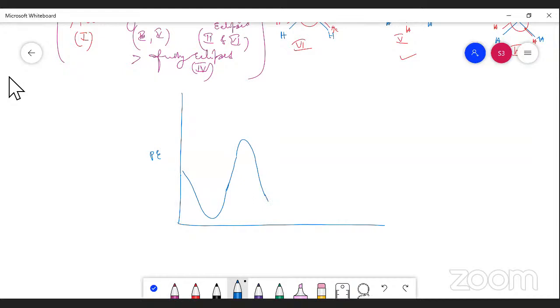First structure, second structure is Gauche. After Gauche, what structure will come third? The third one is again Gauche. Fourth structure, fully eclipsed. And then again, the fifth structure is Gauche, and the sixth structure again